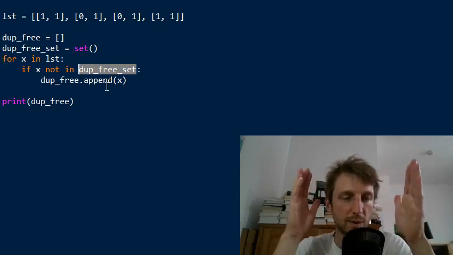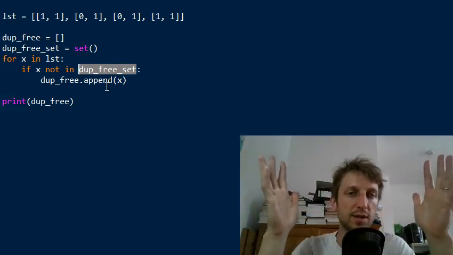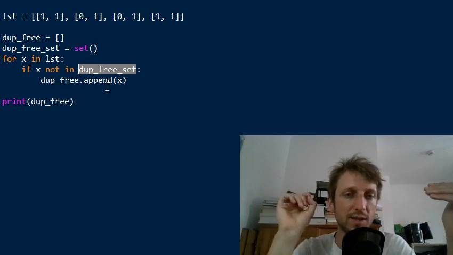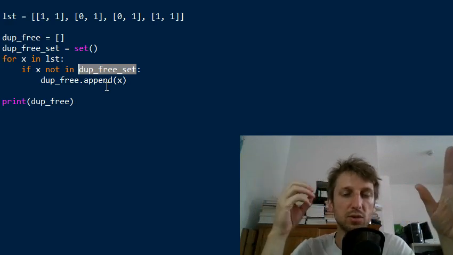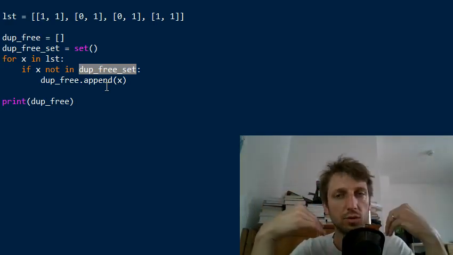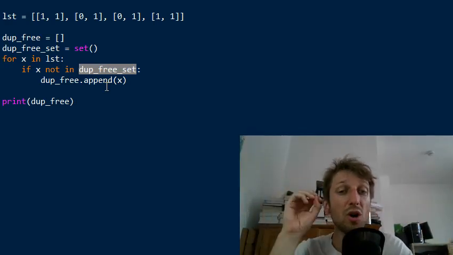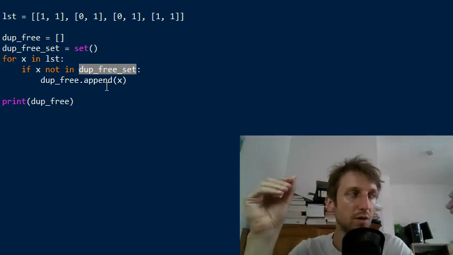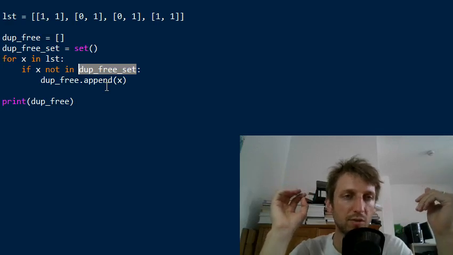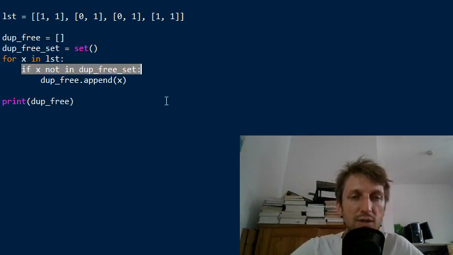To check whether an element exists in a list takes n operations, so you have to go over all elements in the list in the worst case. But to check whether an element is in the set is only one single iteration. You just hash the value. Sets are implemented with hash tables, so you hash the value you want to check, go into the hash table cell, and check whether this element exists there. So it's constant runtime complexity. No matter how large the set is, checking the membership of an element takes a constant amount of time, in principle. So this operation is now constant instead of linear runtime complexity,